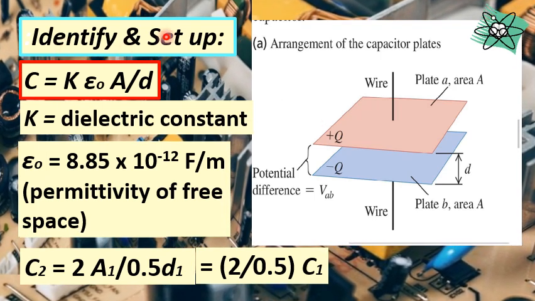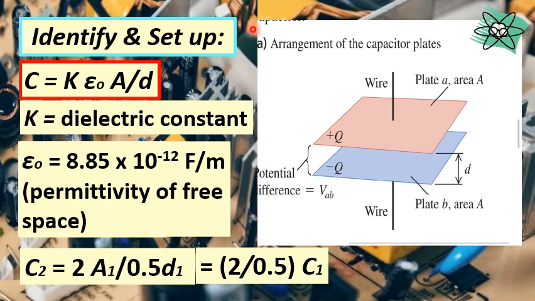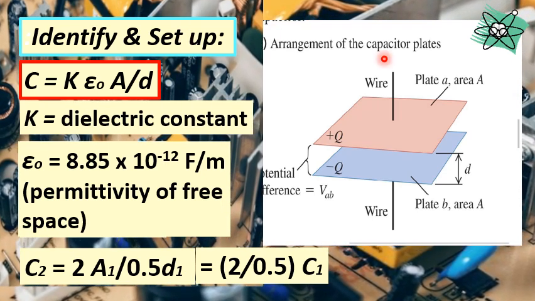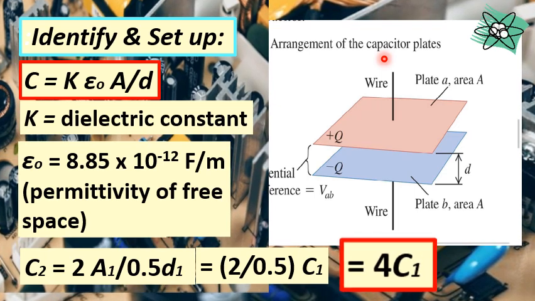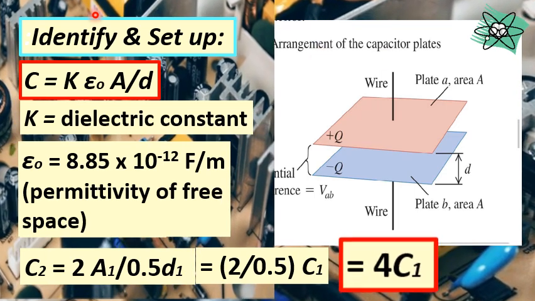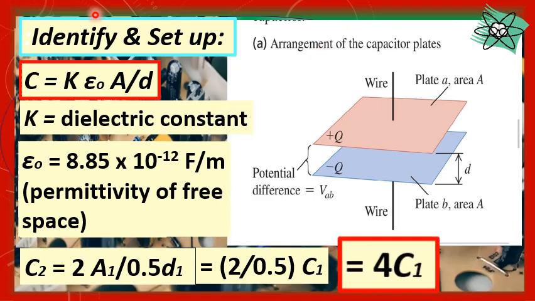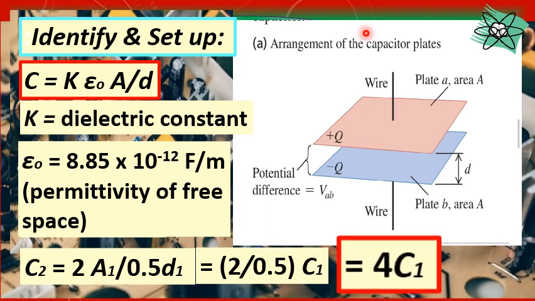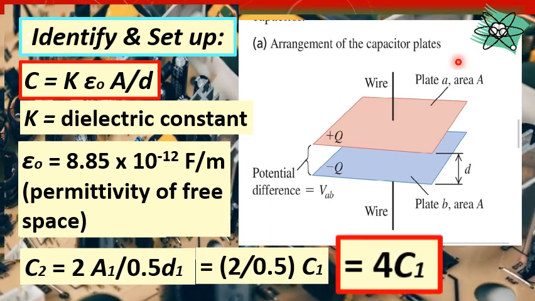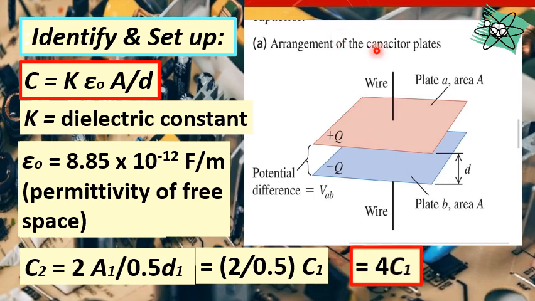Right? So dividing 2 by 0.5 will actually result to 4. In short, our answer is that the new capacitance will become 4 times the value of the original capacitance